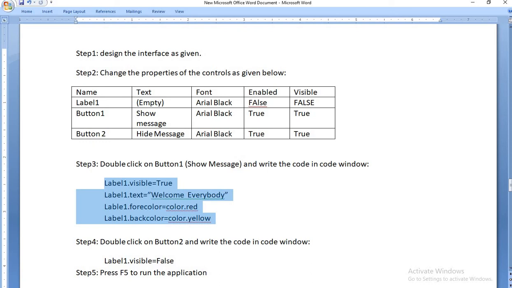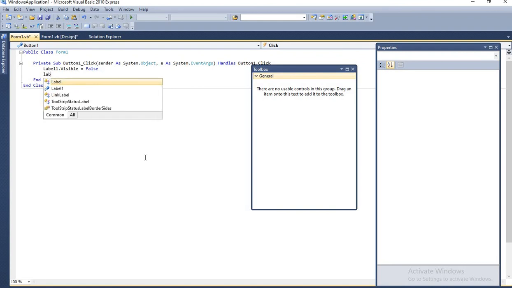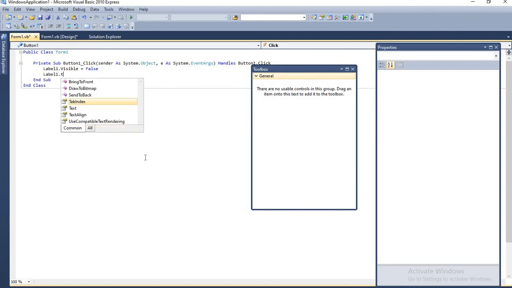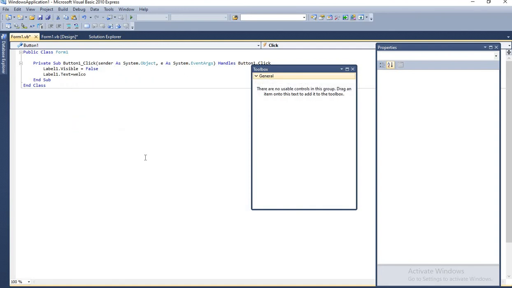So first of all, we will change the visible property. So label1.visible equals to false. Then we will change the label1.text property, which will be welcome everybody.